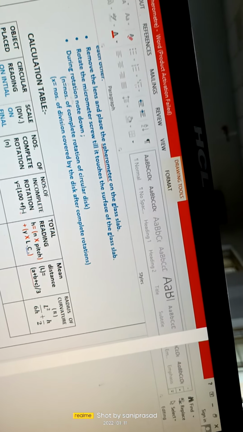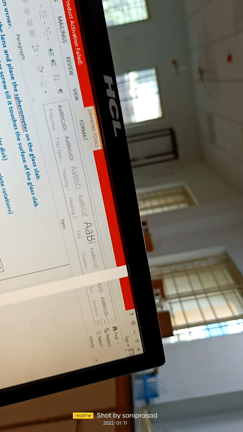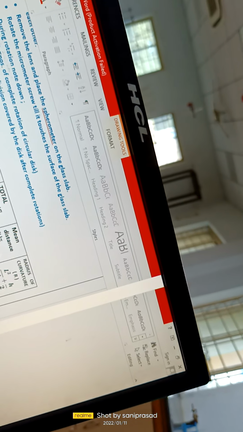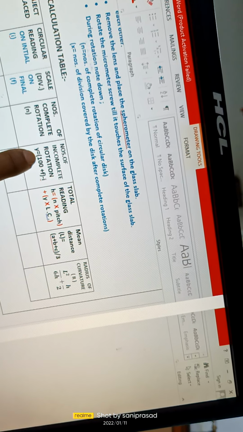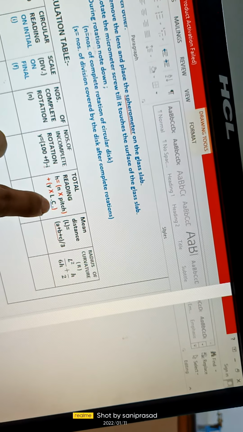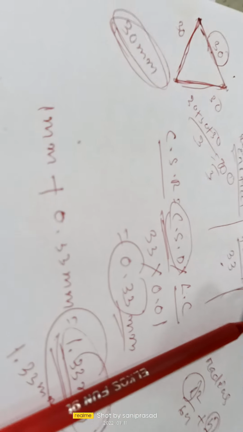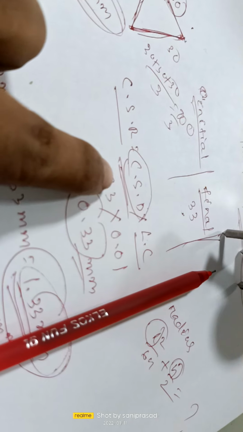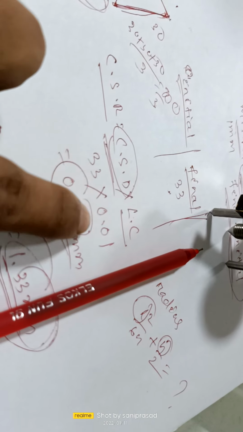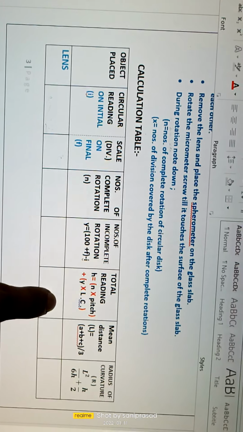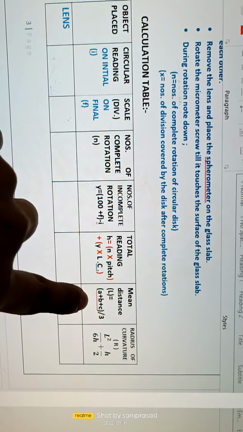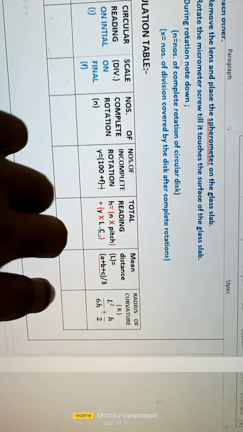ओके, देन टोटल रीडिंग एज यू मेंशन्ड, n इंटू पिच, हमारा पिच 1 mm था, नंबर ऑफ कंप्लीट रोटेशन 1, सो इट विल बी 1 प्लस y इंटू LC, दिस वन इज मेन स्केल, दिस वन इज सर्कुलर स्केल। ओके, व्हाट इज y, जो हम 33 निकाले थे, व्हाट इज LC, लिस्ट काउंट 0.01, सो टोटल वैल्यू इट विल बी 1 इंटू 1 mm प्लस 33 इंटू 0.01, दिस विल बी 0.33, तो टोटल h वैल्यू 1.33।